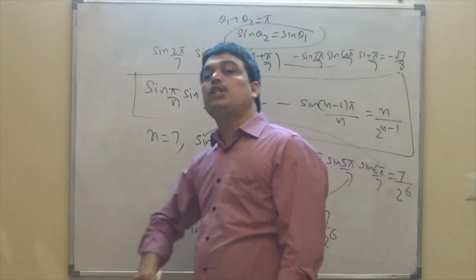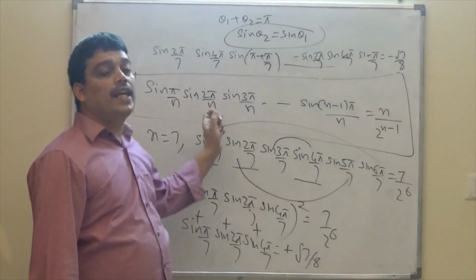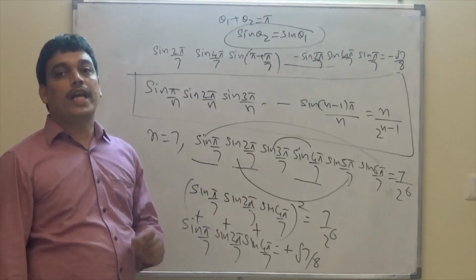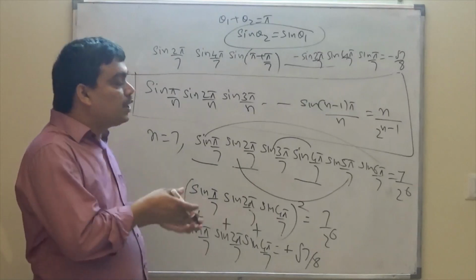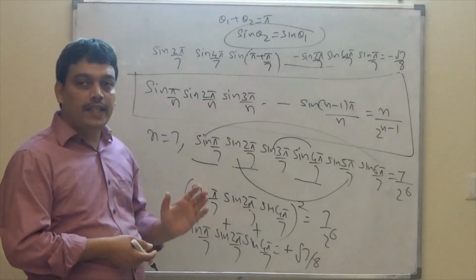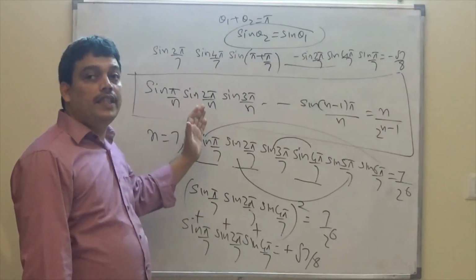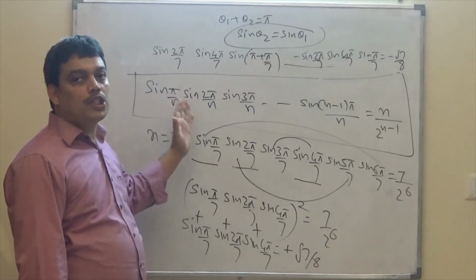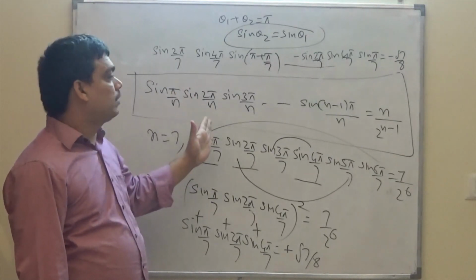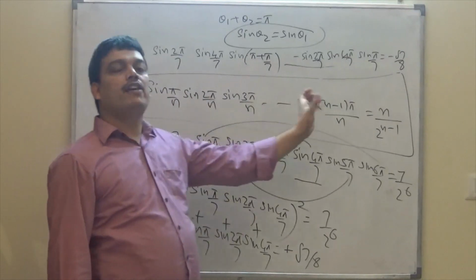In case you want to derive this shortcut, we actually have to use a concept in complex numbers called nth roots of unity. But as this is a shortcut video, I am not going to discuss it in detail. If you need the detailed discussion about this, please do watch my detailed videos on this topic. So this is the first shortcut where I have found the product.